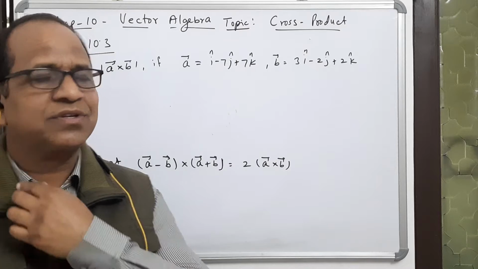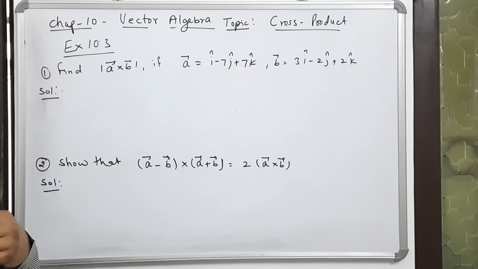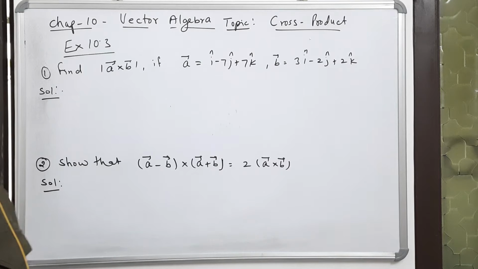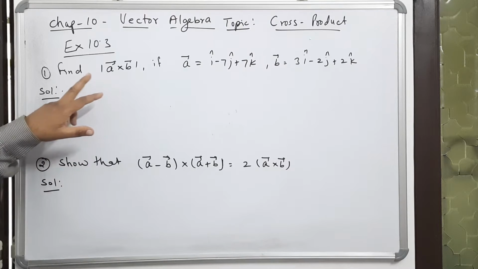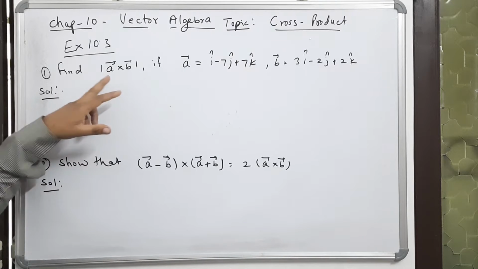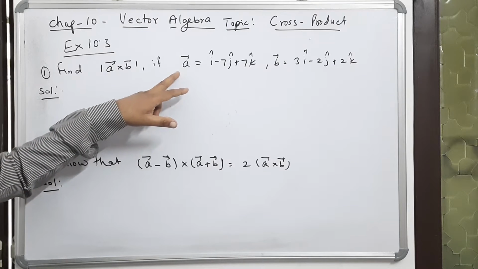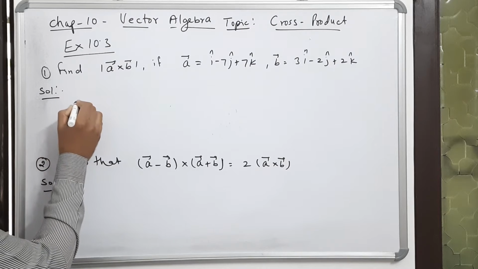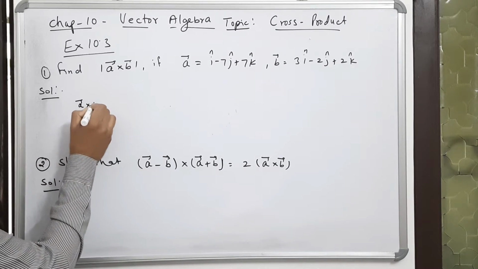Hello students, today I am taking the problems based on the topic cross product of two vectors. Now you see the first one, find the magnitude of A cross B if A vector is this and B vector is this. So you see now the A cross B will be